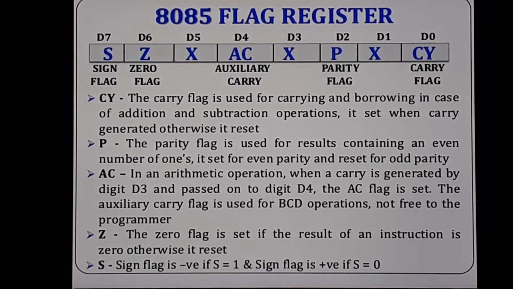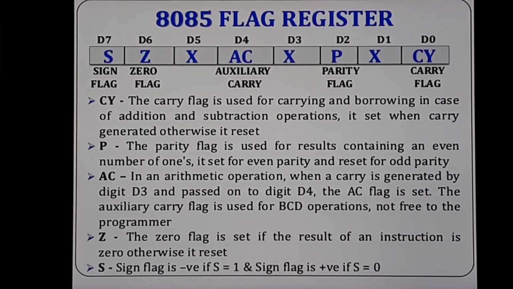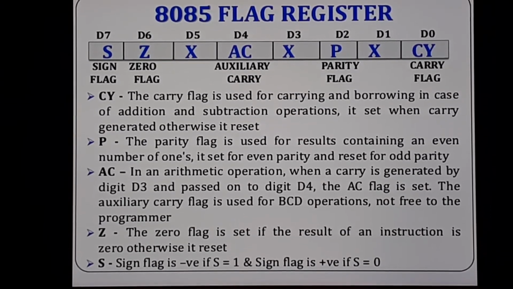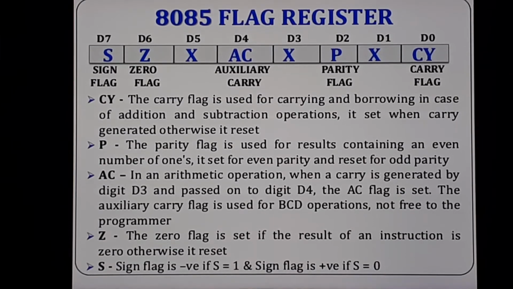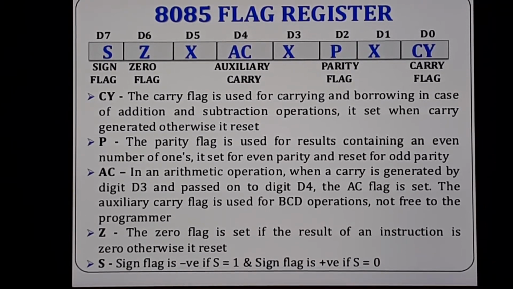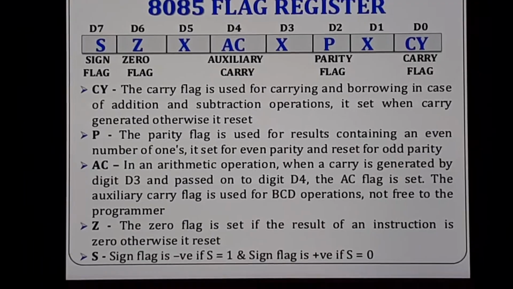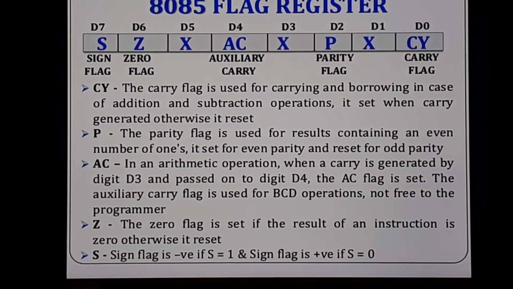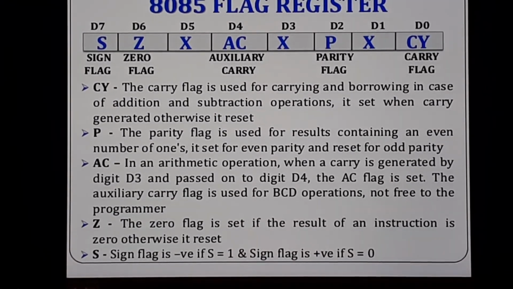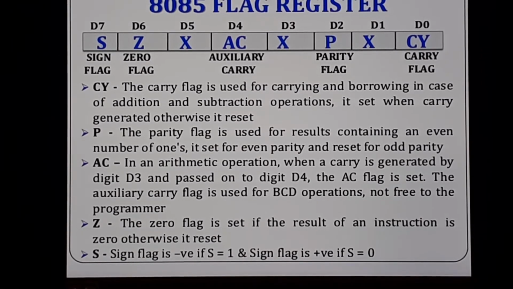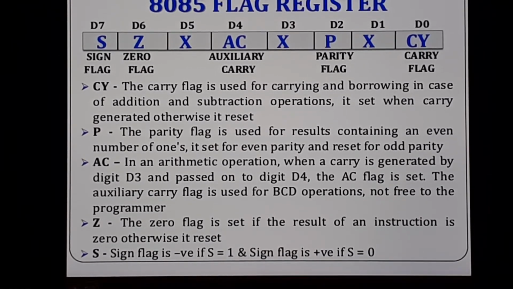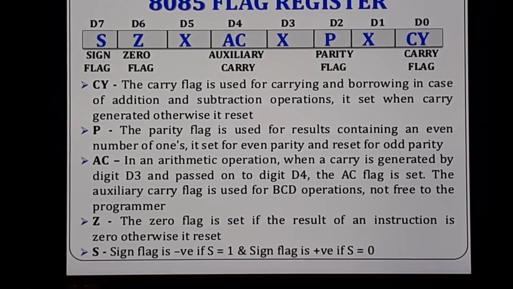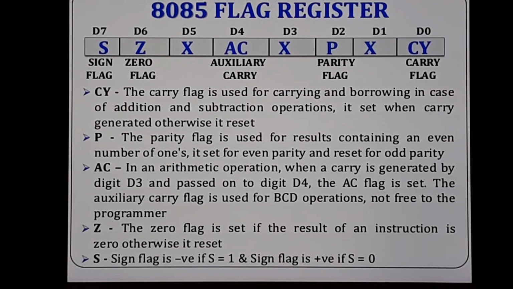Now D0 to D7 contains a total of 8 bits, so hence the flag register is of 8 bits. This flag register contains a total of 5 flags starting from D0. If you see, CY, 1 carry flag, P, that is parity flag, then AC, which stands for auxiliary carry flag, 4th is the Z flag, 5th is the sign flag, and among these 8 bits 3 are don't care. So this diagram should be as it is. So D0 bit should be CY, D1 should be don't care. Okay. So you have to study and practice this diagram.